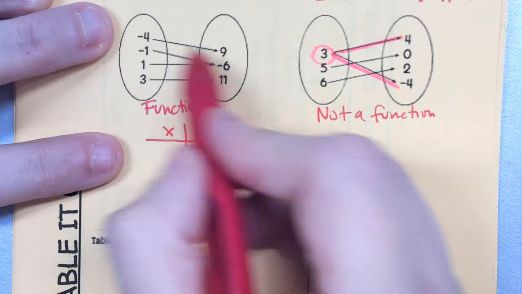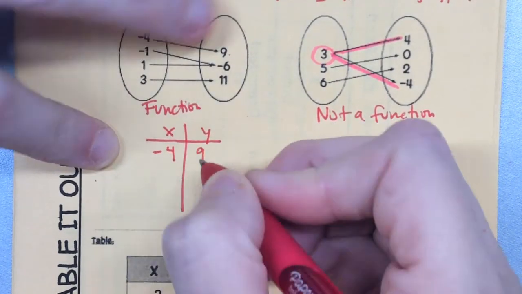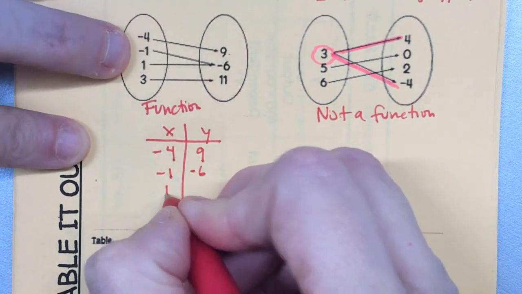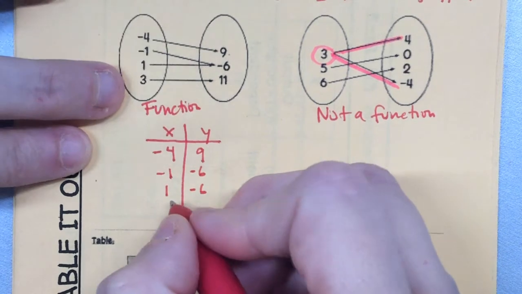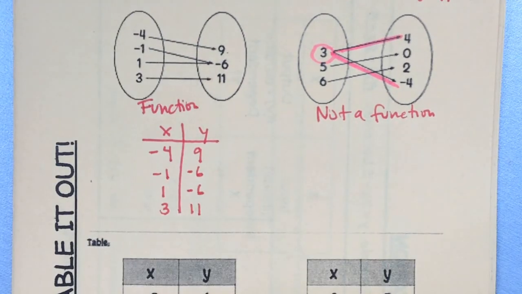Okay, and I map them out. So I take my -4 and it maps to 9. My -1 maps to -6. My 1 maps to -6. My 3 maps to 11. Okay, now,